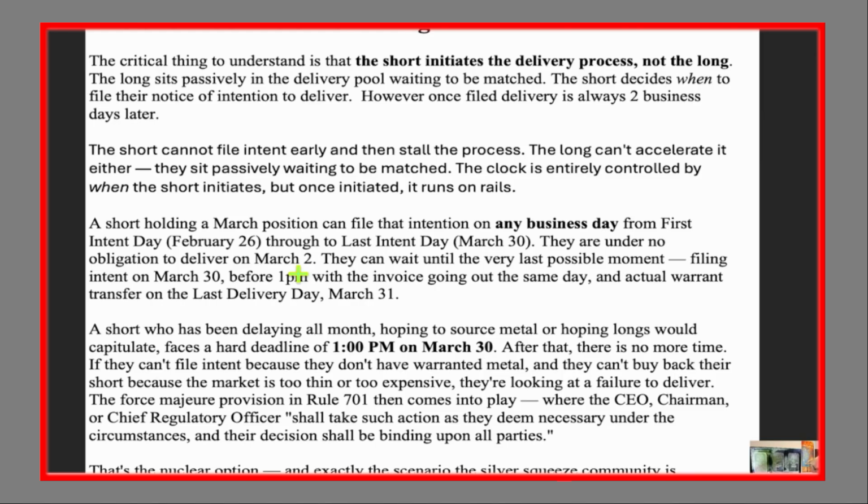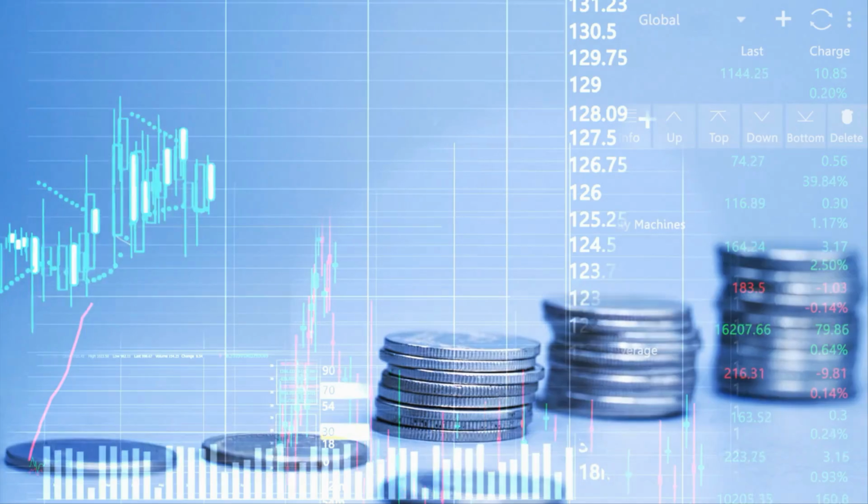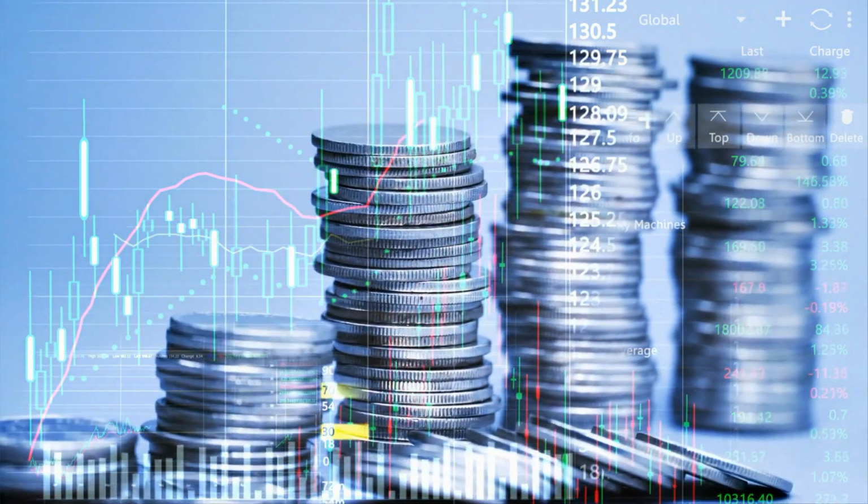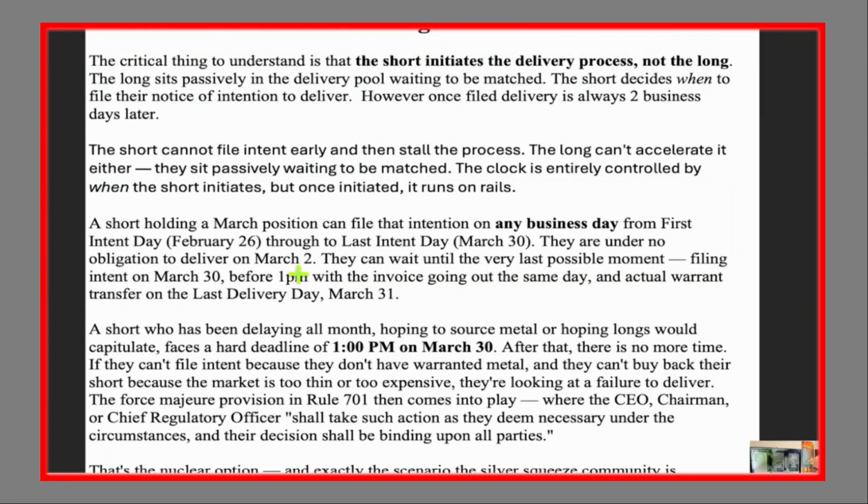And why should they? If they got to the end of February, they presumably have the money to pay because they don't know when they're going to be delivered the silver, so they're just sitting there saying, I'll take the silver today, I'll take it tomorrow, I'll take it next week, or take it in 3 weeks, doesn't matter. I'll take it at the end of the month. They're willing to take it. So the longs are not under pressure, but the shorts are. So that would, in normal circumstances, push up the price of silver.